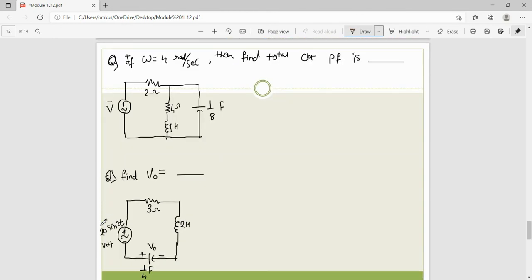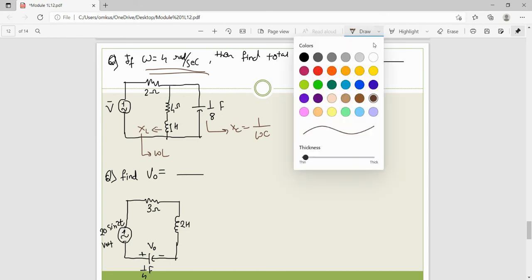Now the second question. See this question here. The frequency term is given to you. In our last lecture, I already told you that you can replace the inductance and capacitance in reactance form, right. So how can you write the inductance? You can write it in X_L form, that is omega L, and this capacitor is also written in terms of X_C form, which is equal to 1 upon omega C, right. I hope this is clear.